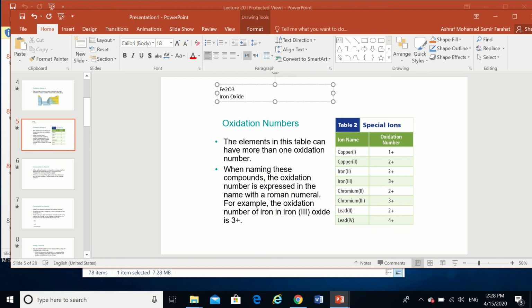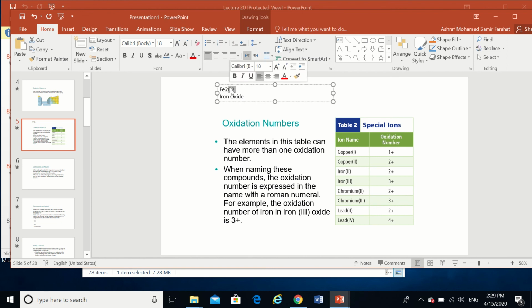Now I have to look here at the iron, and you can see that iron can have an oxidation number of 2 plus or 3 plus. So which one is being used in this compound? Is it the 2 plus or is it the 3 plus? Now let's think about it. If you look here at this compound, you see that the oxygen